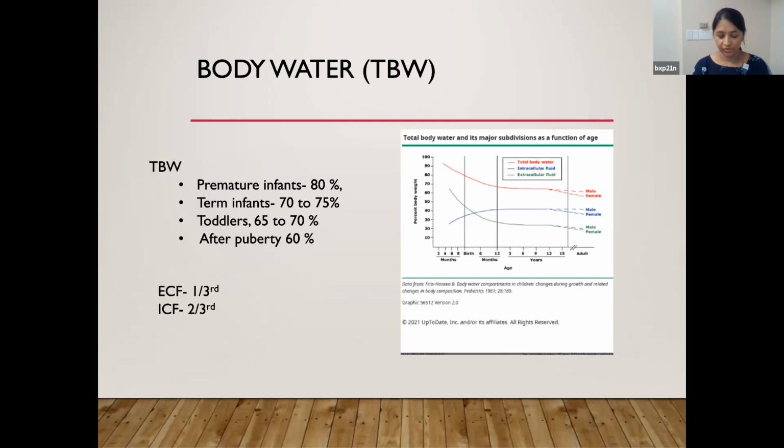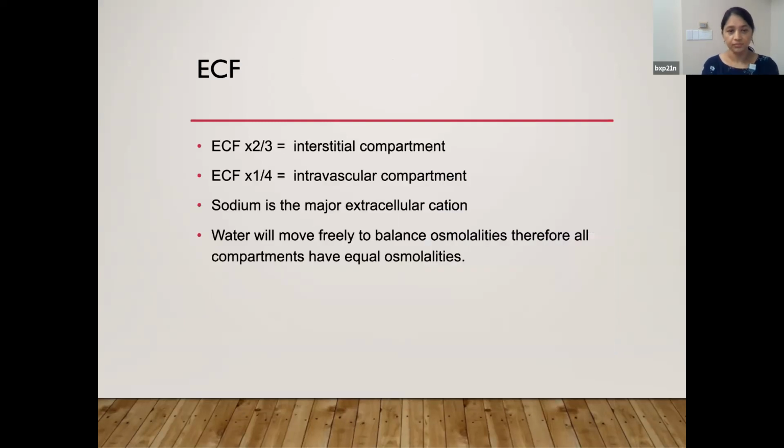And if we talk about the adults, more body fat portion, like your body weight goes down. So females have less body fluid than the males, and extracellular fluid will be 1/3 of that water, and intracellular would be 2/3. And when it comes to extracellular fluid, 2/3 is in the interstitial compartment and 1/3 intravascular